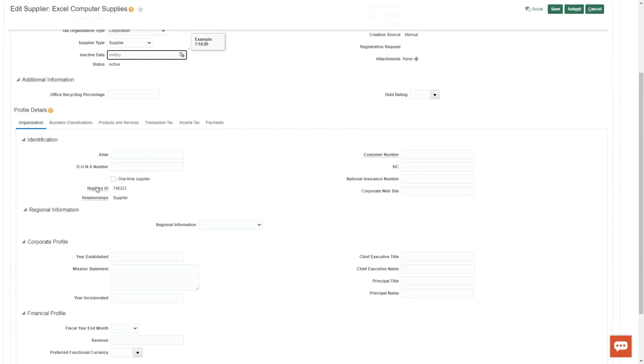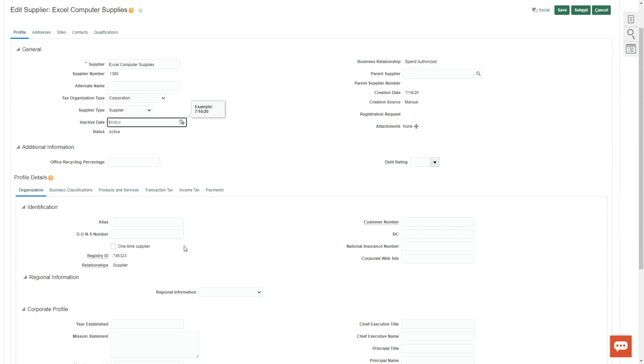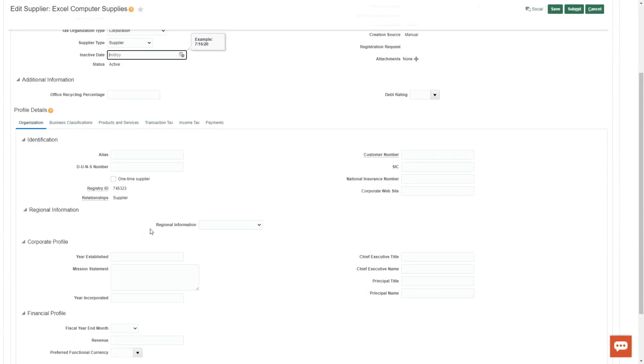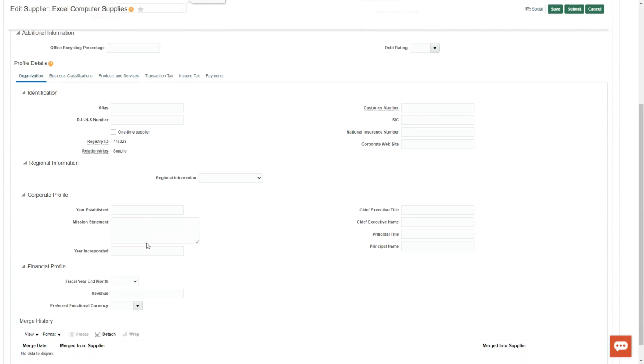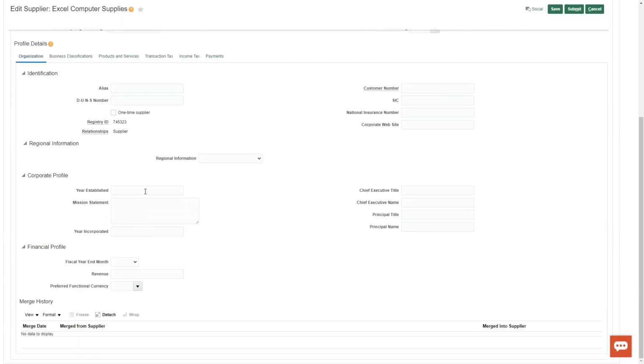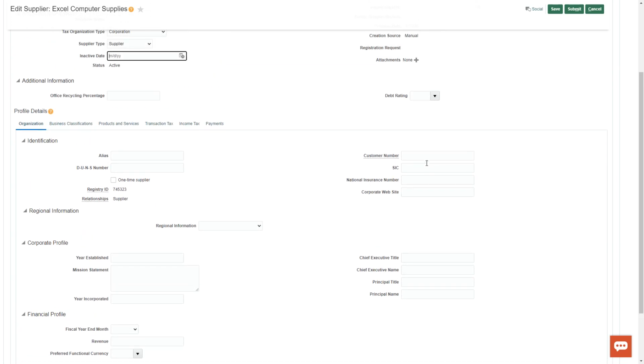And then on the tabs below, you can have more information about the supplier. You can have an alias, a corporate profile, and a financial profile. You can have information about the supplier's managing principals, like CEOs and all those people. And if it's a customer, you can have a customer number as well.